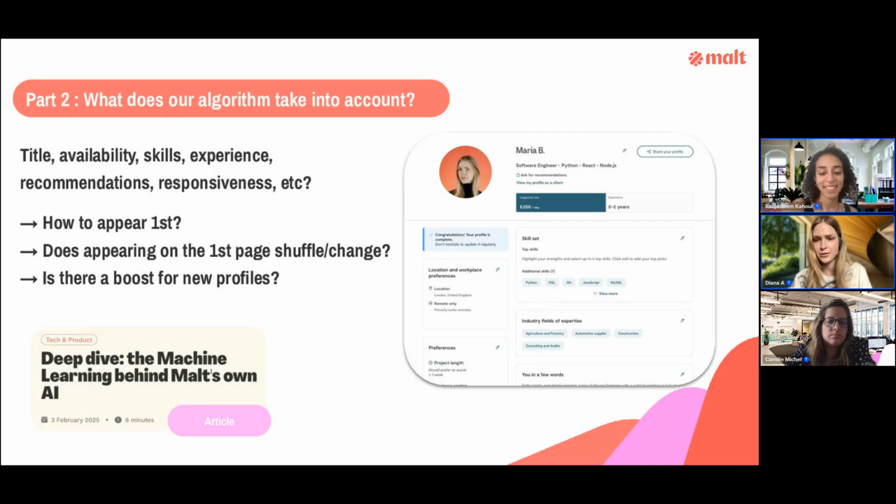I don't know if this is the right time to mention, Raja, the Freelancer Tester Club. Yes, indeed. As Camille said in the beginning, we are focusing on a lot of things about freelancer profiles, and some things might change. What we always do is make sure that these features match what you need and what you want as freelancers, so we test them with our users regularly. And we have this program called the Freelancer Tester Club. Actually, it's just a Typeform where you put your email, nothing more. But we make sure that we contact freelancers each week.